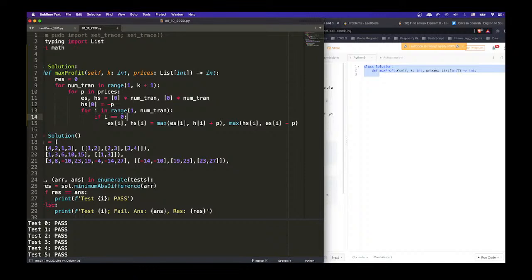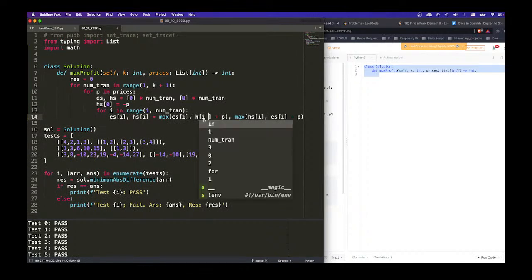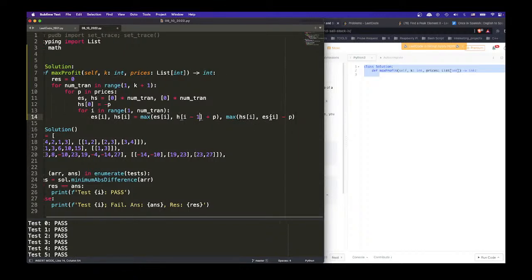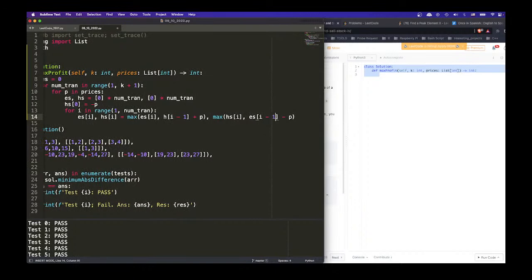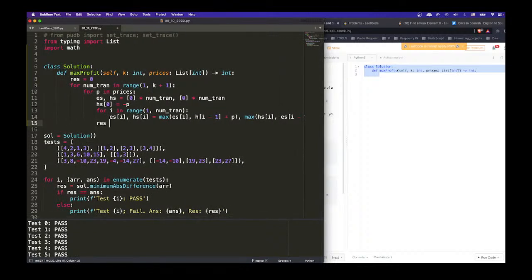Yes, right? Then we can just say this H minus 1, right? Because it's the previous holding state to the current empty state. And this is going to be the previous empty state goes into the current holding state. So that's also minus 1, right? So we go through this, and once we're done, we say res shall equal to maximum res and the maximum